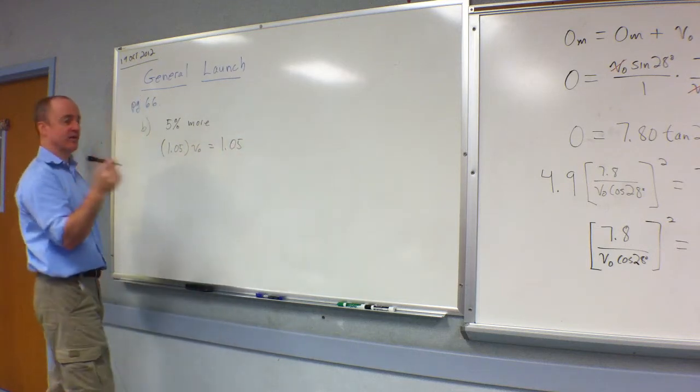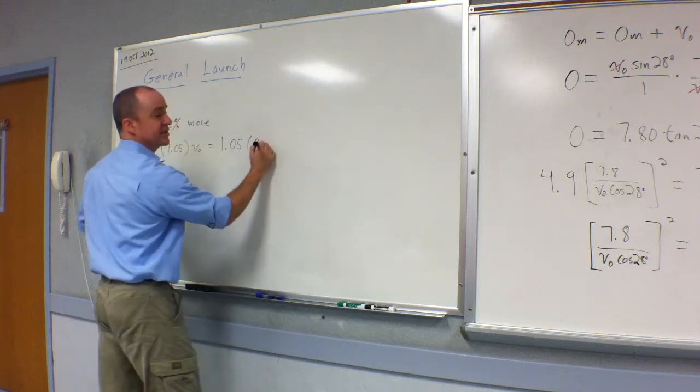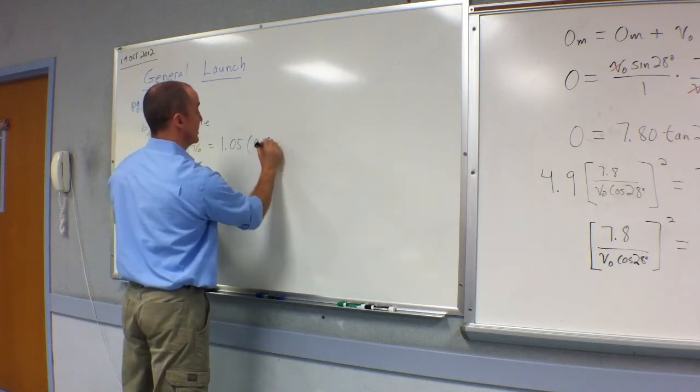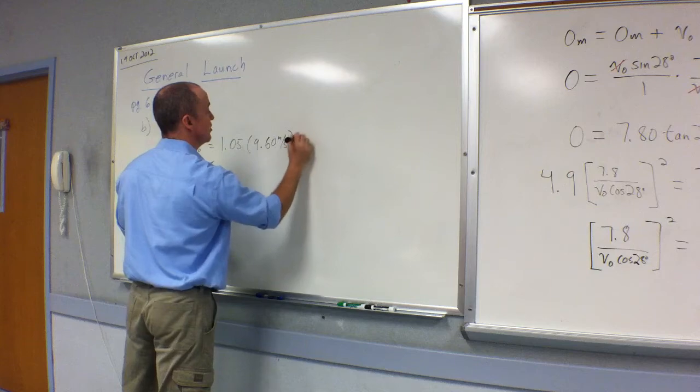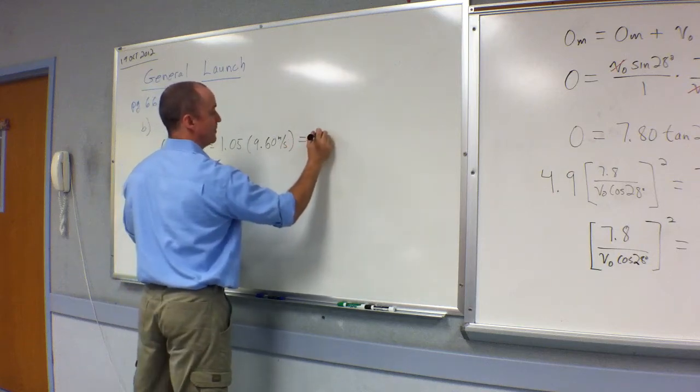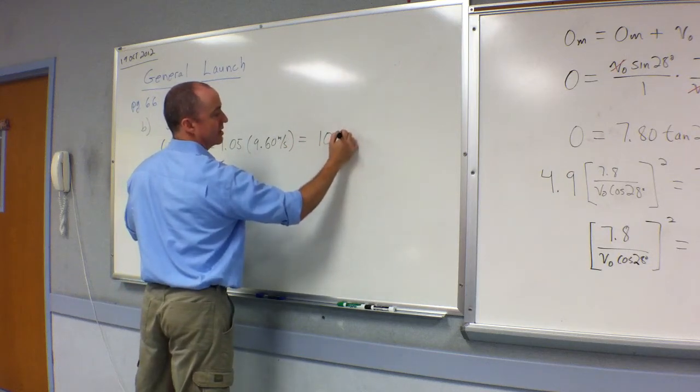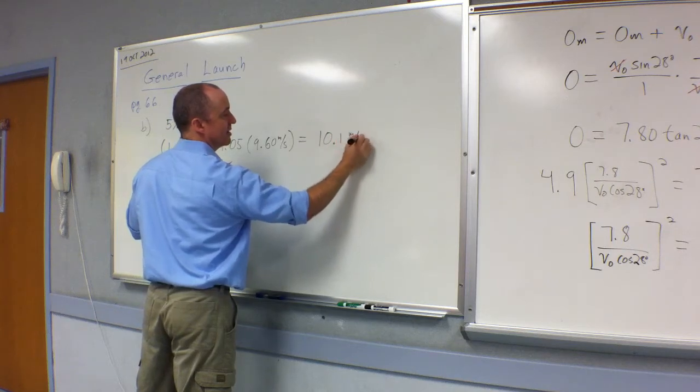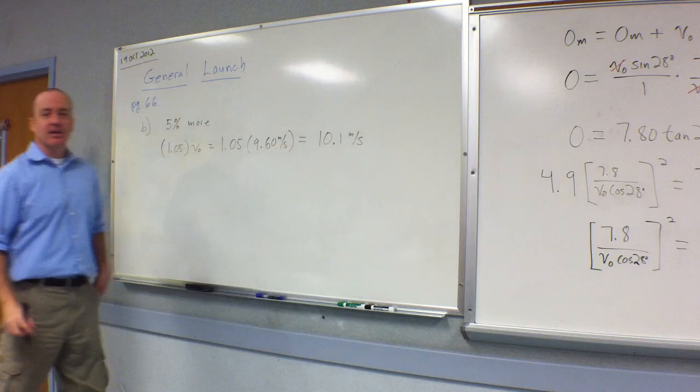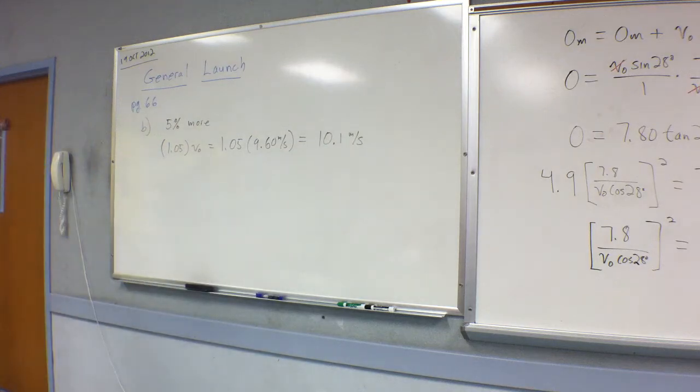Got a question, Diego? No. We have the answer? Yeah. Okay, so 1.05 times 9.60 meters per second. What's that get you? 10.1. 10.1 meters per second. Okay, so how do we find out how much further he goes? Plug that into